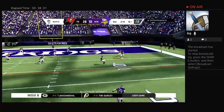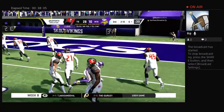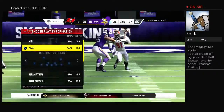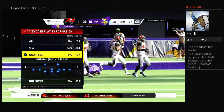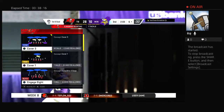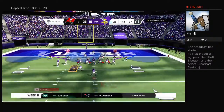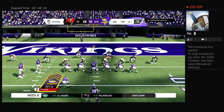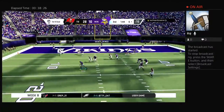Looking to throw. Love. Open man is Thielen. It's complete. They're able to convert on 3rd down, and that sets up a 1st and goal. Nice catch right there. Brings to mind the sentence, when in doubt, find your veterans. He used to laugh back in the day when they would call guys like him crafty veterans. You get up in your 30s, you're still playing receiver, you're around that long at that position, you're doing something right. Just remember this, when he was young, he thought the crafty veteran was simply a guy who couldn't